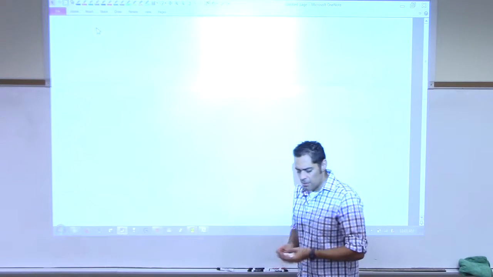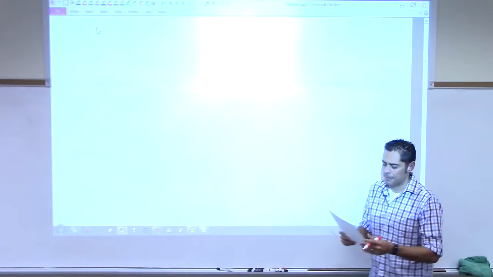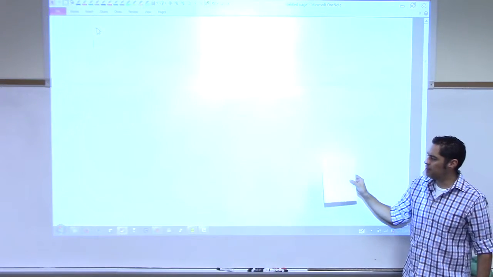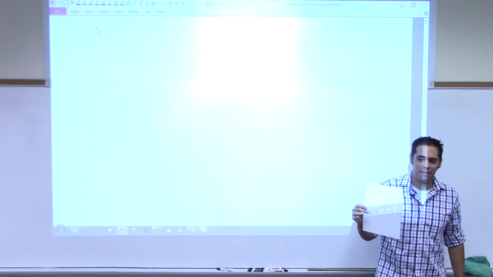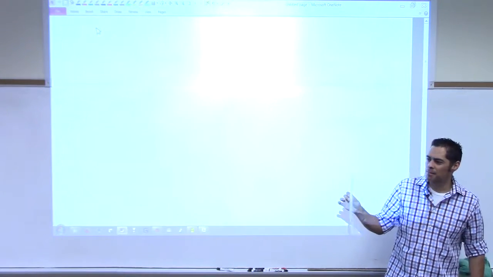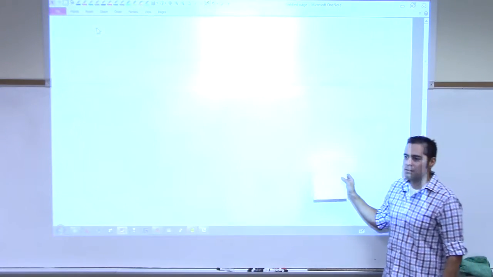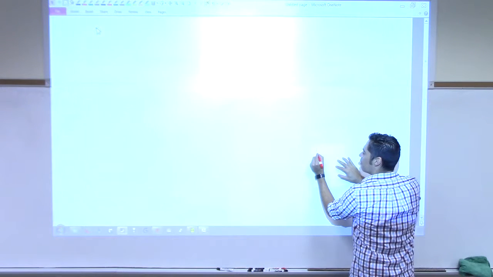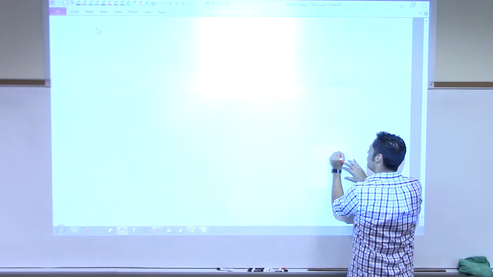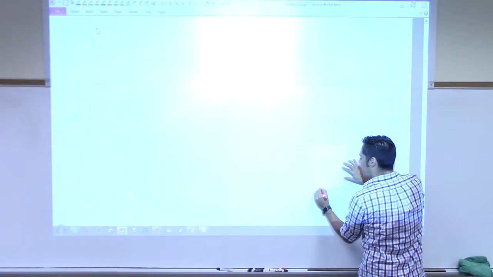So let's say that you own some manufacturing company, and you've been asked to take an 8.5 by 11 sheet of aluminum or something, some metal that's not cheap. All right, and what we want to do is take this and cut out square corners. Does this look familiar? Yeah. You're going to cut out these squares,